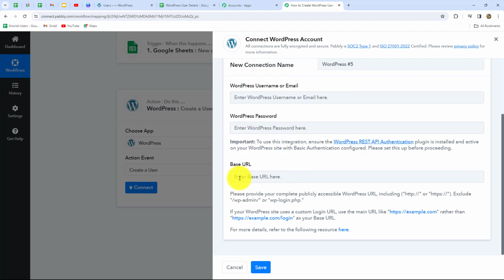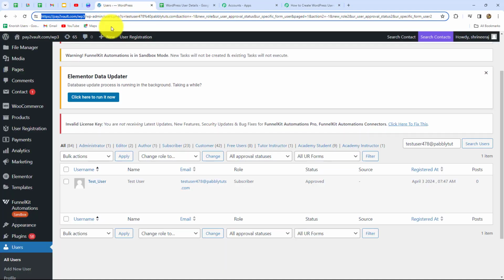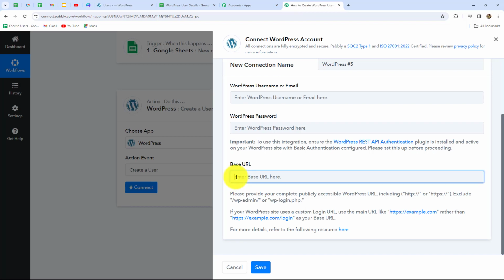First of all, I'm going to tell you how to enter the base URL. So from where you're going to find this base URL, for that you have to go towards WordPress site and you have to look towards the URL of the site. Okay, this is the URL, and up till this WP3 before the slash, this is my base URL. Okay, so I will simply just copy this and I will paste it over here in this base URL field,